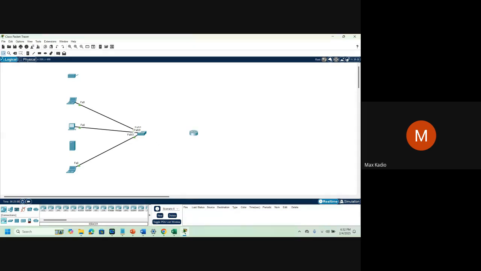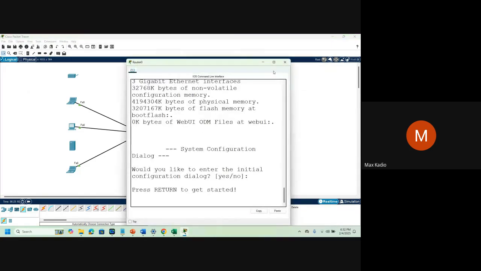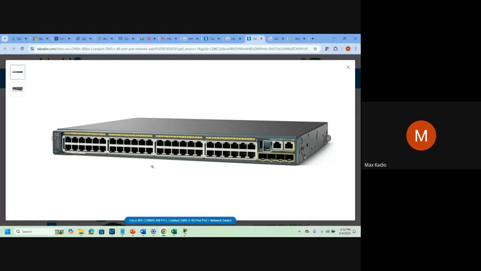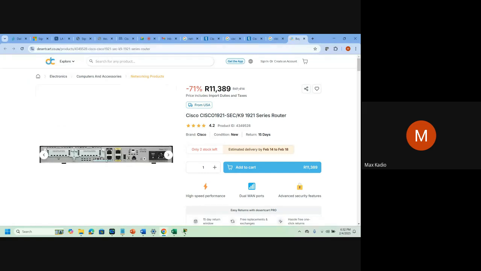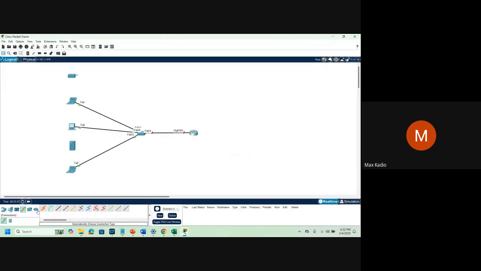So I have my switch here. I connect my switch to my router. That's why the router doesn't have a lot of ports. The router has few ports because we just connect to a switch. Now, from here, you can go to the internet. So all these I will teach you step by step at the CCNA level. For now, it's just to give you an idea for you to understand.